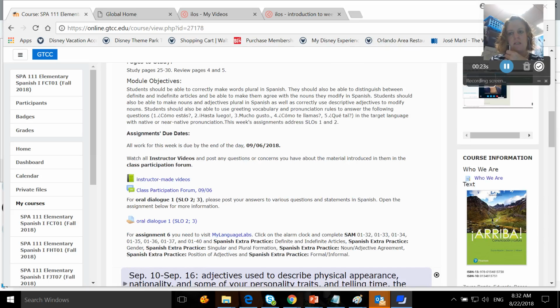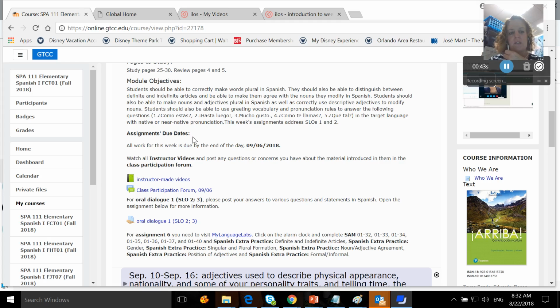At the end of this week, you should be able to correctly make words plural in Spanish. You should also be able to distinguish between definite and indefinite articles and be able to make them agree with the nouns they modify in Spanish. You should also be able to make nouns and adjectives plural in Spanish, as well as correctly use descriptive adjectives